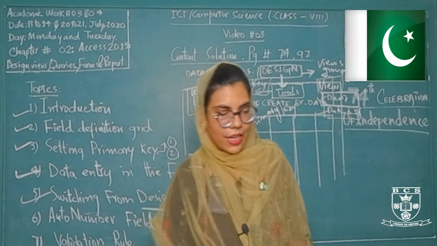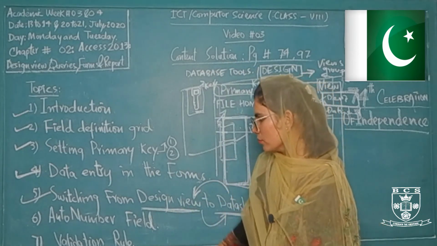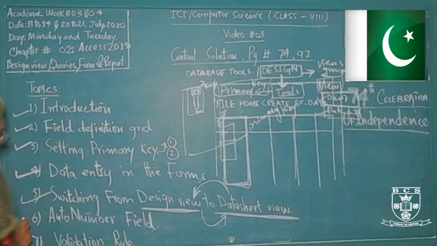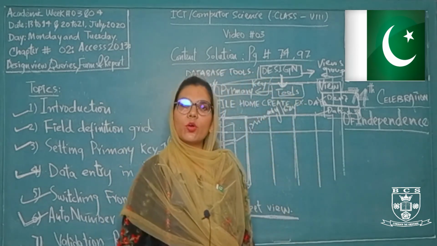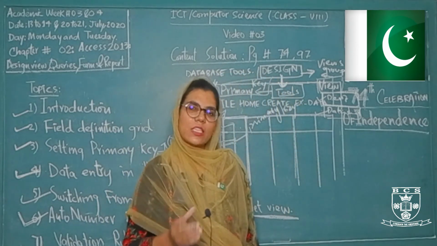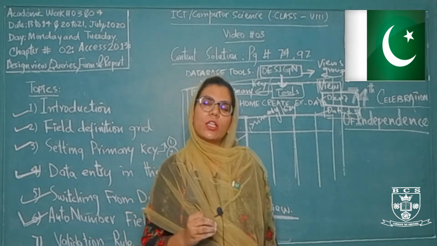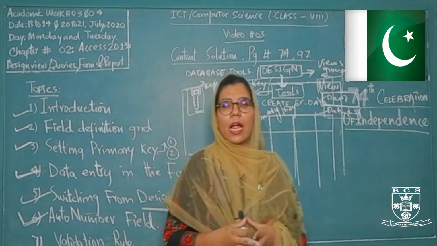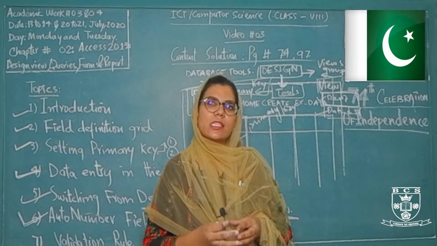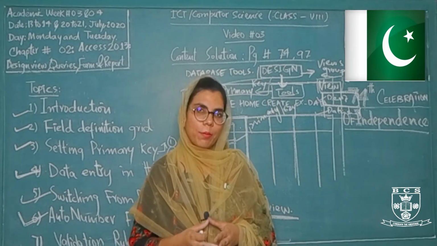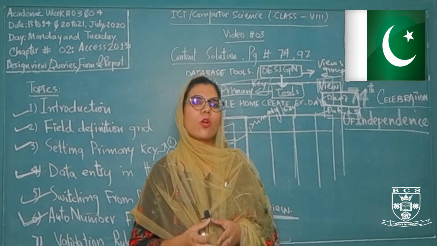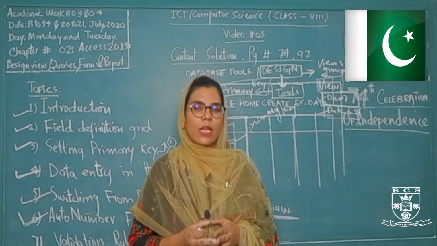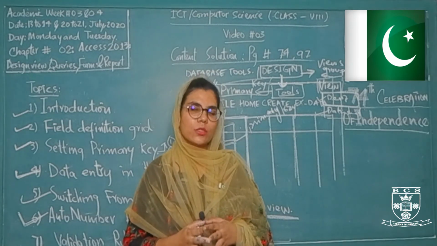Our next topic is the AutoNumber field. What is AutoNumber? AutoNumber is a data type that we can add to any of the fields. Generally, the design view has an ID field as AutoNumber, meaning the very first field of our design view is the ID field, and by default its data type is set as AutoNumber. We can also assign any other field as AutoNumber, but we can only use one field as AutoNumber throughout the table.